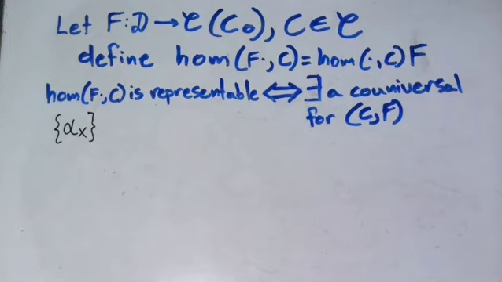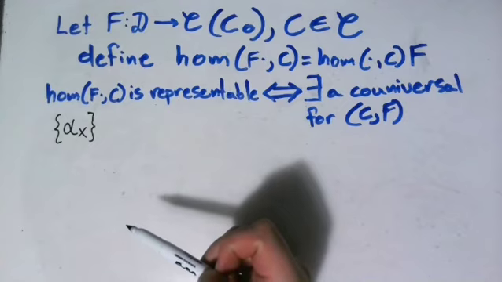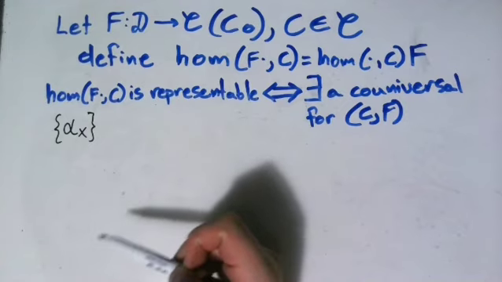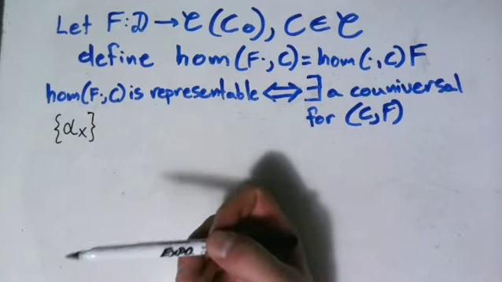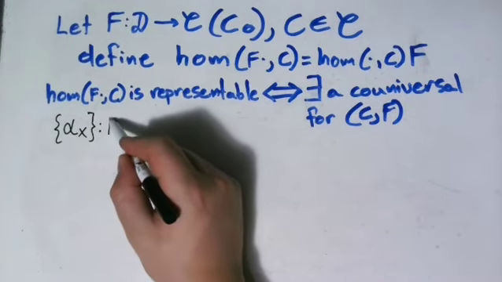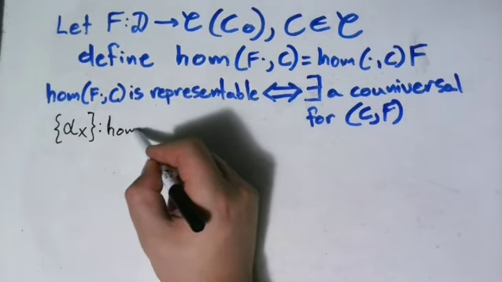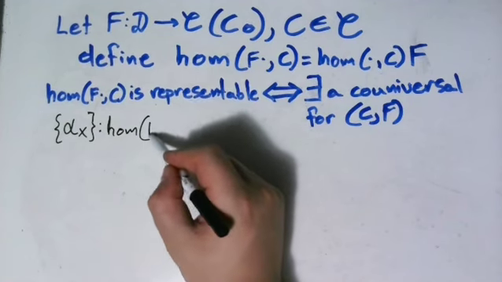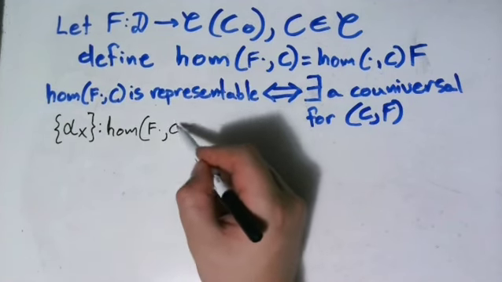So since we have a family of bijections where there's one for each object in D, which you could maybe think of as the components, we can try to define a natural isomorphism going from hom(F blank, C)